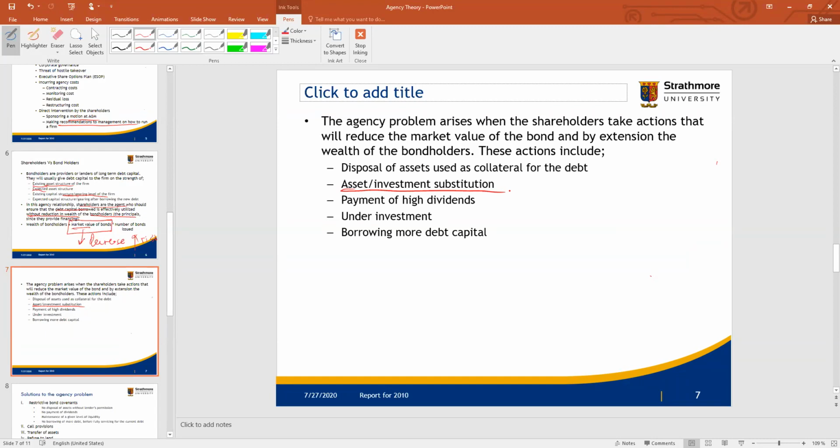Now what happens once you get the money? As a borrower, is there a chance that maybe you're going to use it